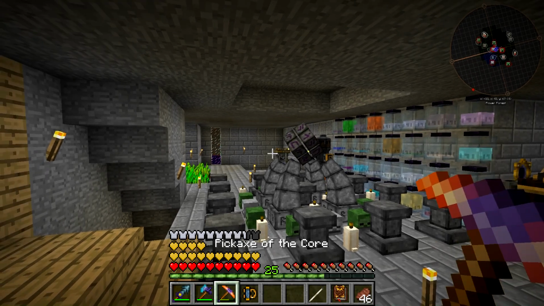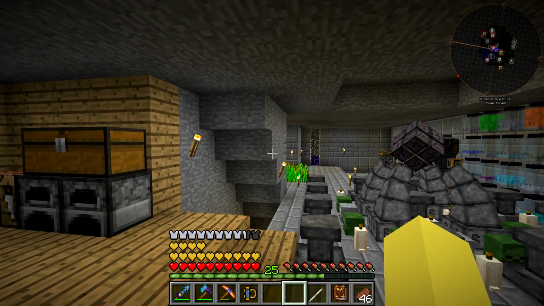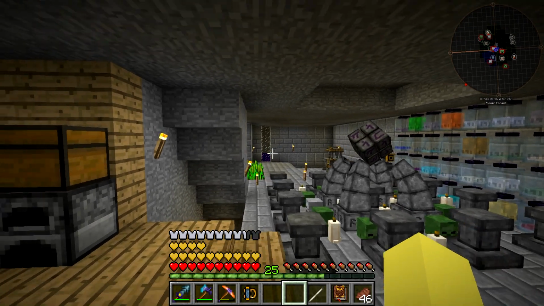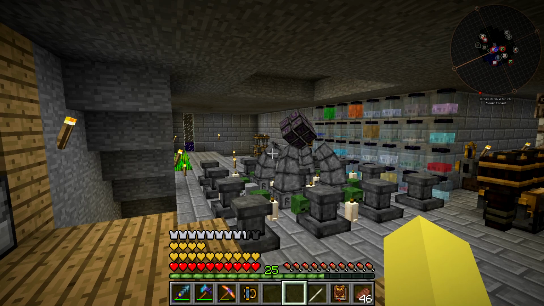We can use the pick. You just right click on a wall. You can see where all of the nether quartz is, and then you can go mine it. It's pretty easy to do, but I don't know if I have enough for what we're going to do right now. I may have to go gather some and then hop back on camera and do a little bit more